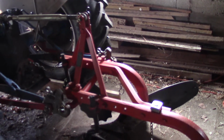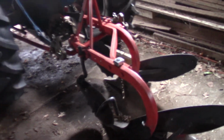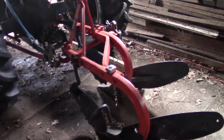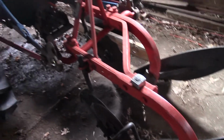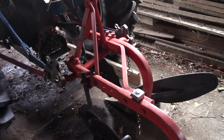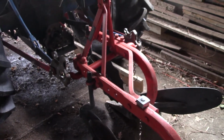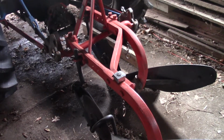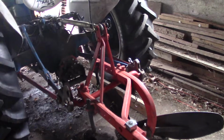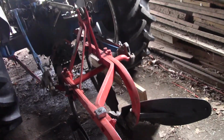this last summer, I believe, a fella through a mutual friend bought an 8N, and he got some implements with it. He had a little 2-bottom 12-inch plow, and this plow is a 14 AO28, is what they call it. These were made for a long time, and this is an older version of the 14 AO28. But he was having trouble with his plow. He wanted to plow a lot and have a garden, and he wanted to turn it over that summer and the next spring start his garden. And he was having fits with it. It wouldn't seem like it was working right, and the mutual friend asked if I would be willing to go over and help him with it, and I said sure. I had a day off, and I went over there, and the problem was,